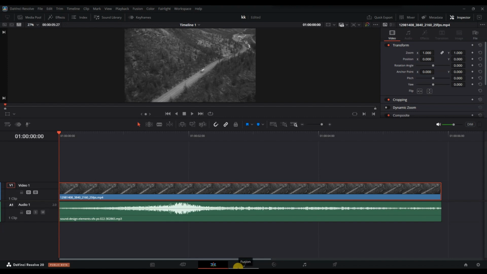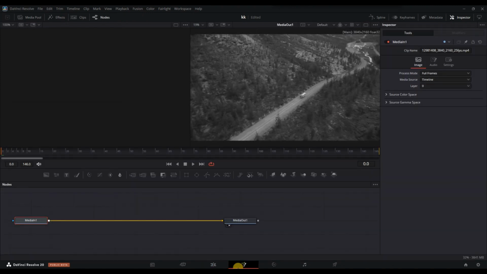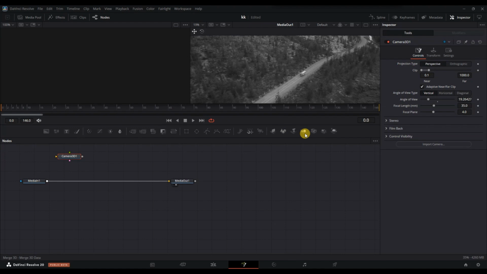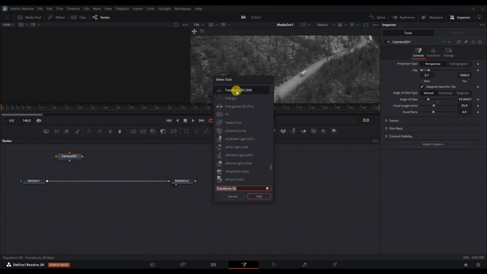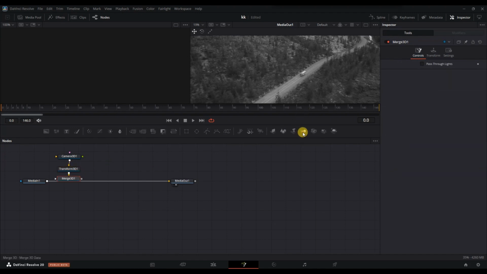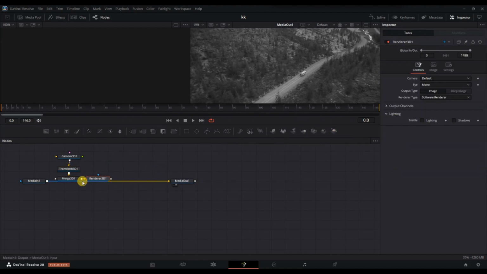In Fusion, you will see your media as a media in node connected to a media out node. Start by adding a renderer 3D node between them to enable 3D workspace. Next, add a camera 3D node to the workspace. This will act as your partial camera. Then, add a transform 3D node to control the position, rotation, and zoom of your partial camera, allowing you to